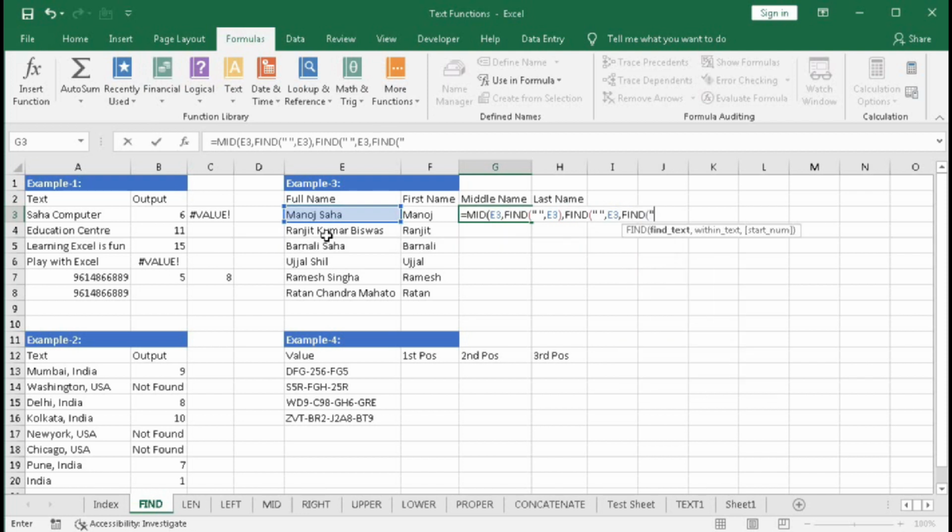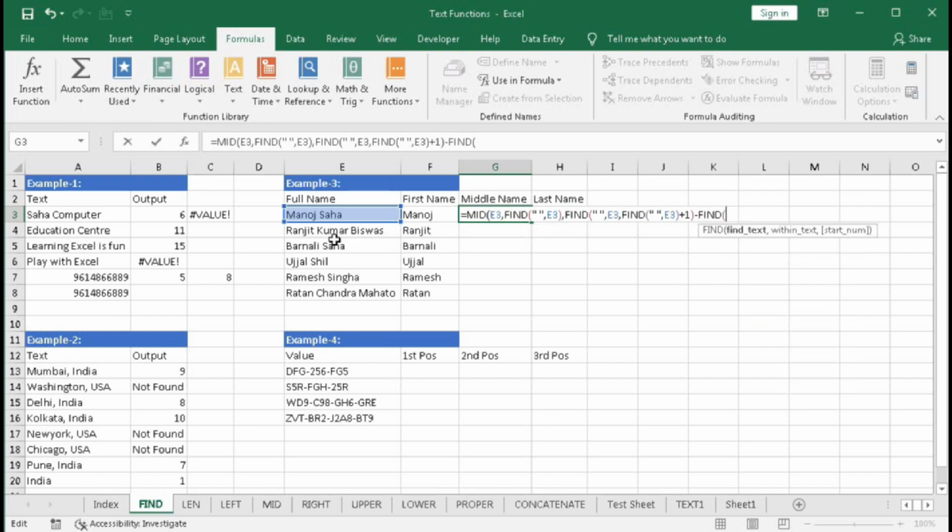FIND space, comma, within text this cell, sorry, don't need comma, bracket close. So here we got the position of the first space, and +1. Now press F9, so it will check from the 7th position. This is 6th, this is 7th position. So bracket close, minus the position of the first space.